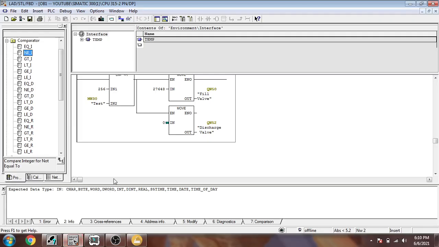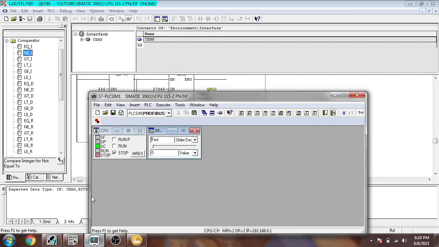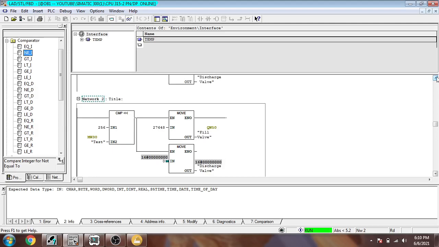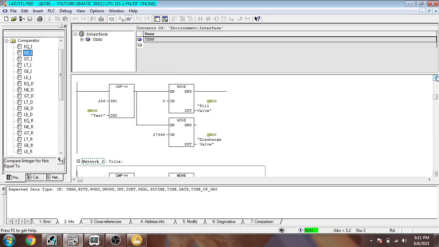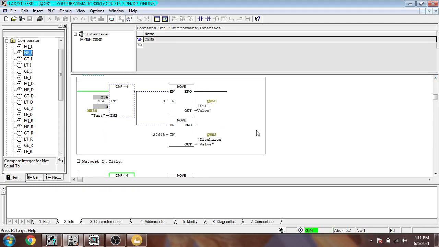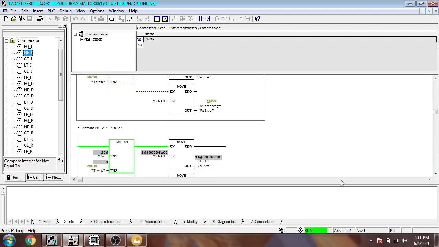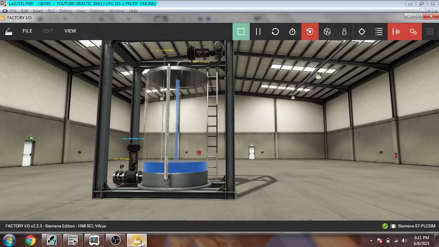So let's see if it is working or not. Our PLC is in stop mode, changing to run mode. Now you will see that our value is active, and you will see that our valve is filling.